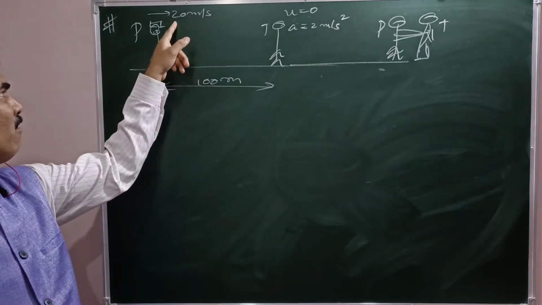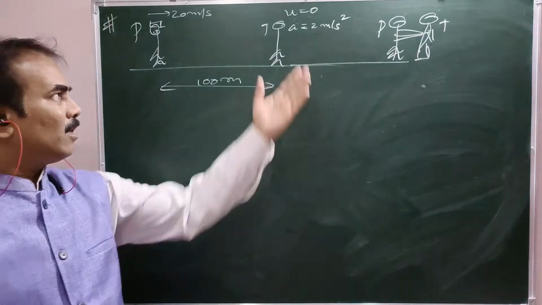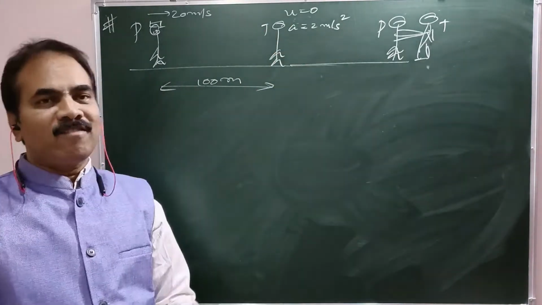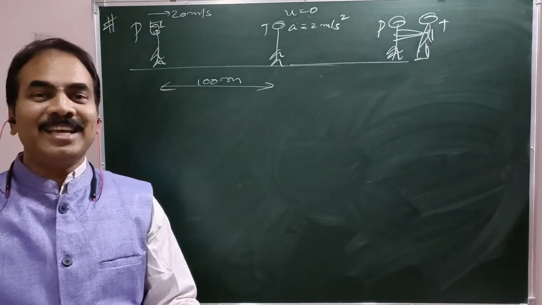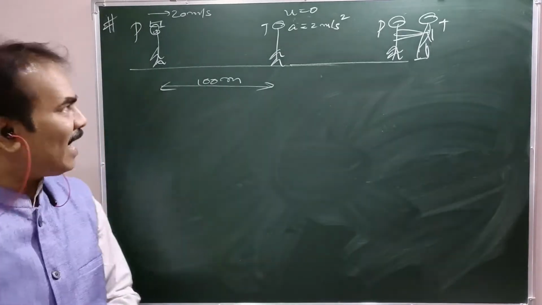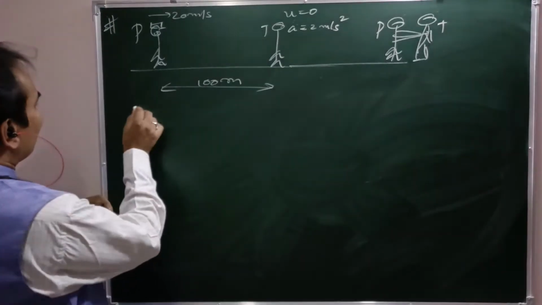The constant speed of the policeman is 20 meters per second. The initial velocity of the thief is 0. The acceleration of the thief is 2 meters per second square. This 100 meters is the initial separation between the policeman and the thief. Now, method 1,